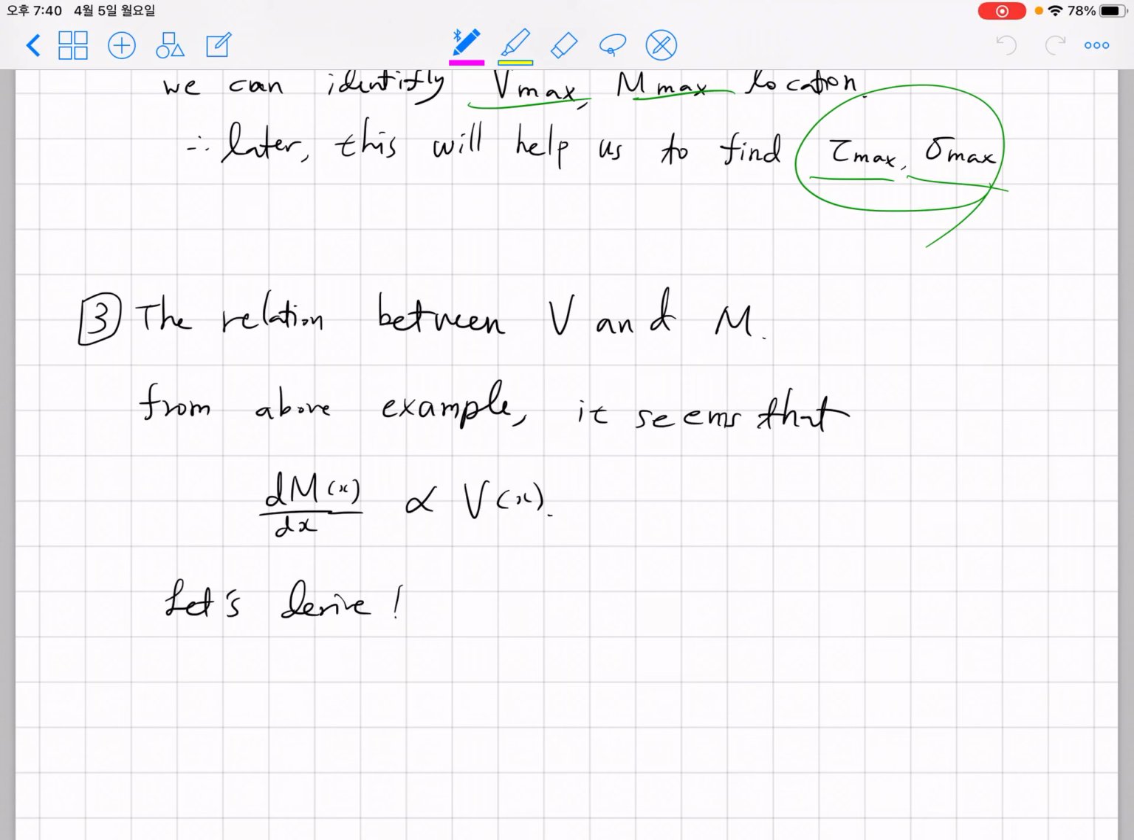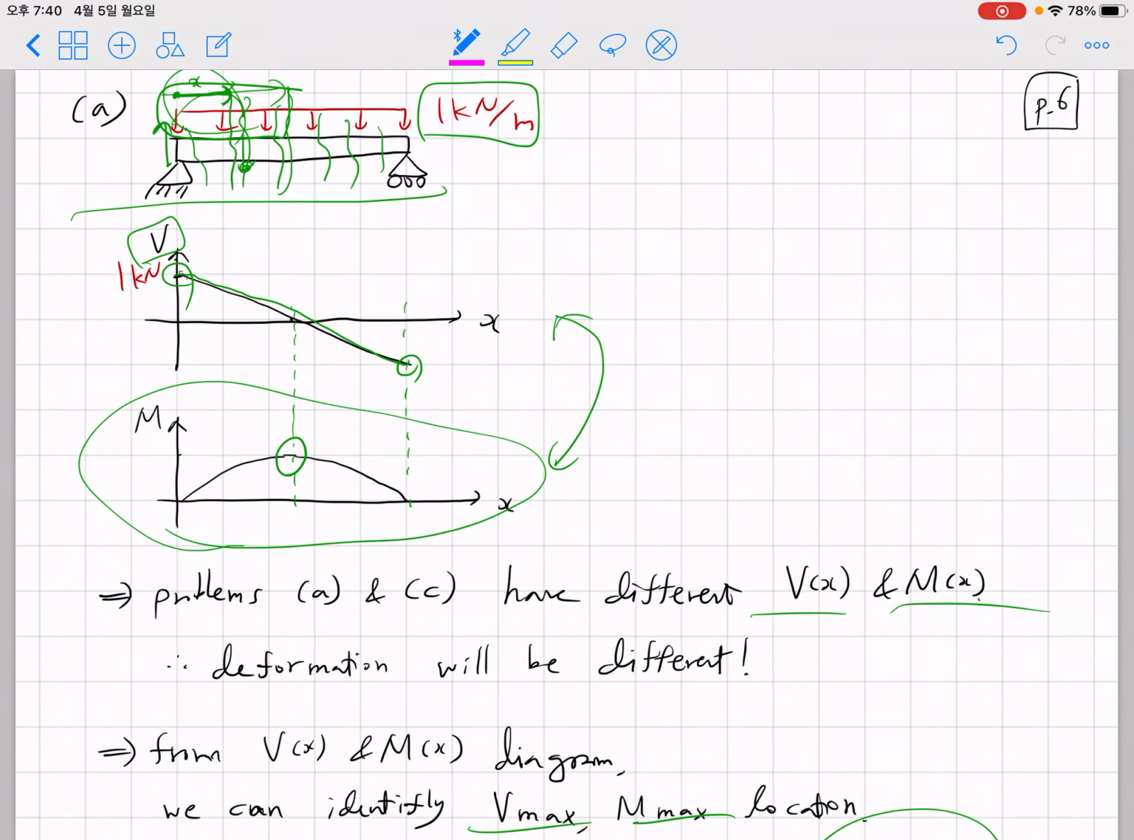Now, as a third topic of today, let's discuss the relationship between shear force V and moment M. One thing I want to ask you is let's try to look at previous example force and moment diagram. So what you can see here is you have somehow decreasing